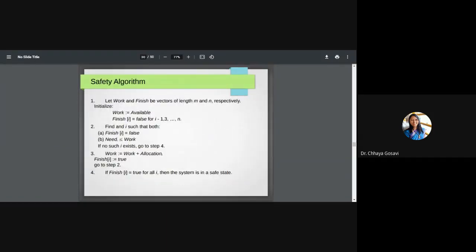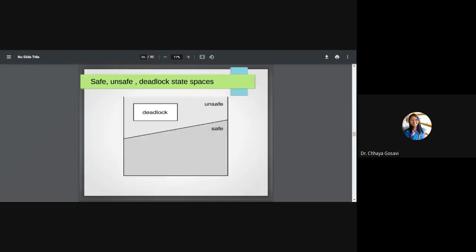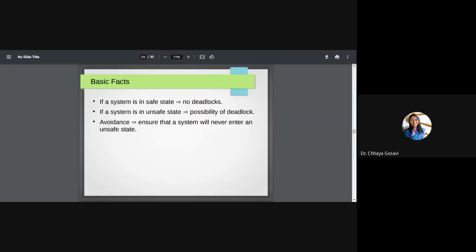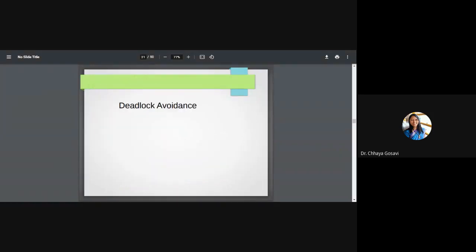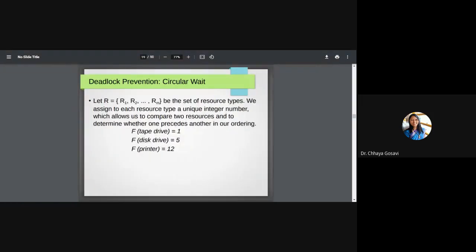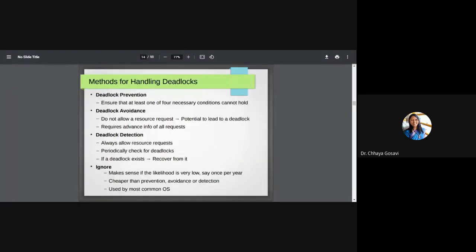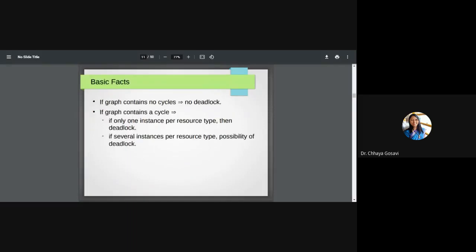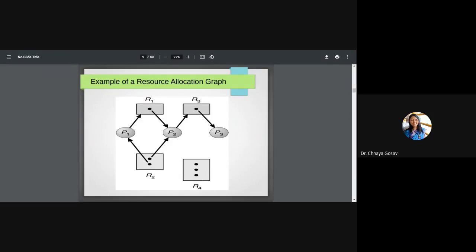For this condition, we have seen this resource allocation graph. Can you write it in the form of Banker's algorithm? Can you write this in the form of matrices or Banker's algorithm and check whether the system is in safe state or not?